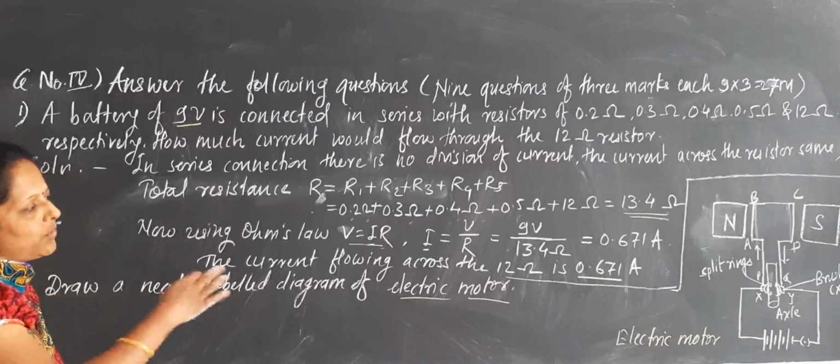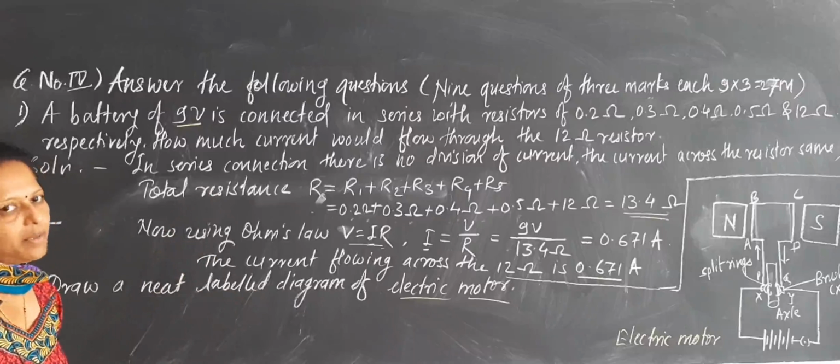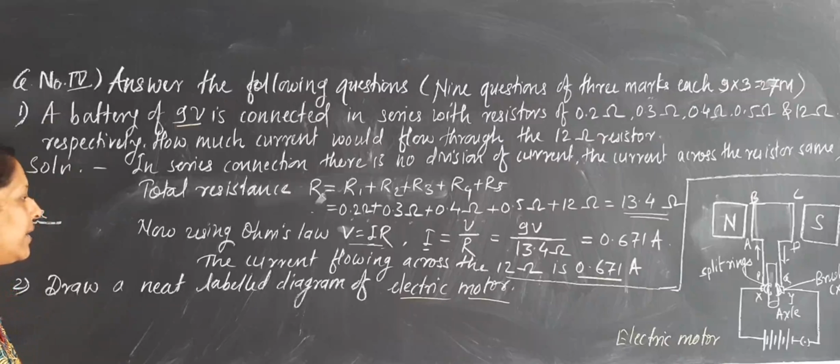So division, if you are going to do it, you are getting the answer properly. You should divide that one and get the answer. So this is the first question, question number 4, and 9 questions are going to be asked in that. So that was the first question I asked. Now the second question example we are going to see.